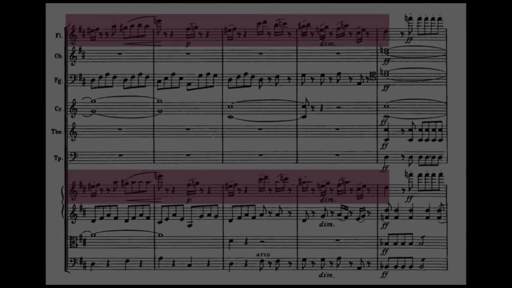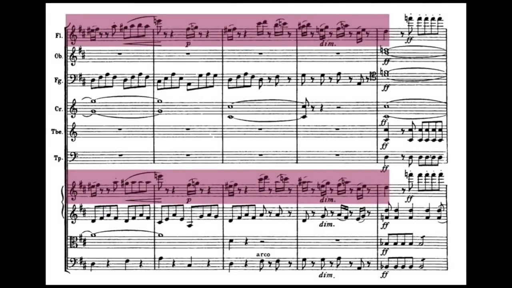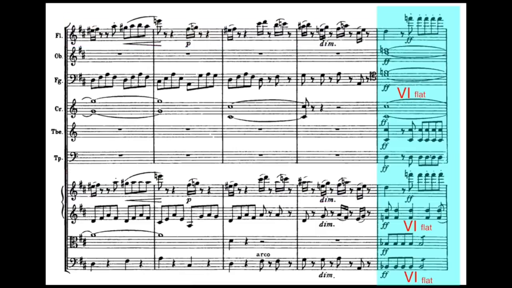The recapitulation section now proceeds mostly as expected until the moment I want to discuss at the end of the second purple theme. Instead of continuing directly to the energetic orange transitional figure, as we saw in the exposition section, we now hear a surprise fortissimo deceptive cadence to the flat 6 chord, B flat major, with intense entries of the green theme.